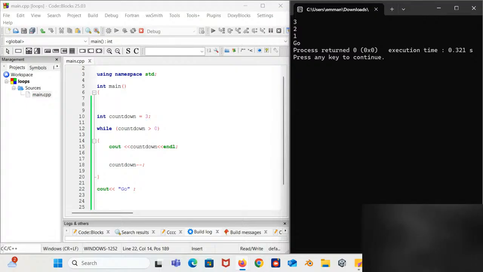Now, with the do while loop, we could say that the do while loop is an alteration to the while loop, right? We could also use the word variant here. So the do while loop is acting as a variant of the while loop. With the do while loop, the loop will execute the code block once before checking if the condition is true. Then it will keep on repeating the loop as long as the condition is true.